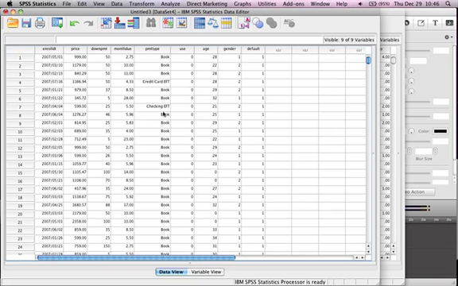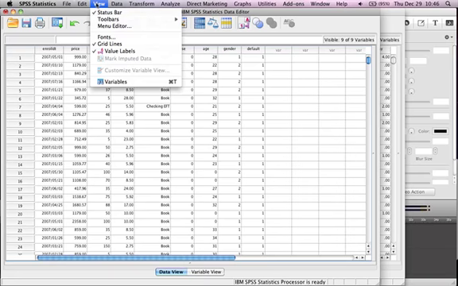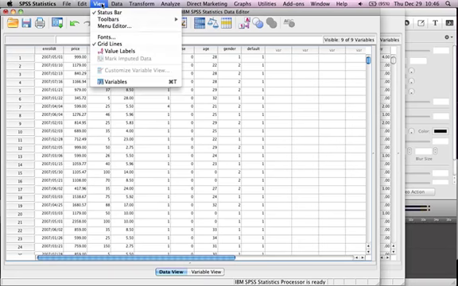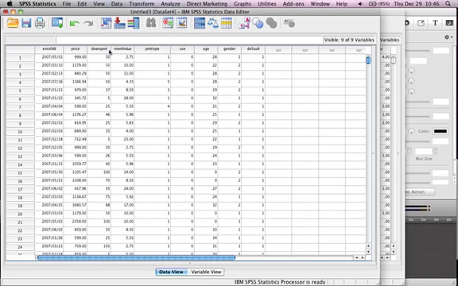If this is the first time that you've used SPSS, you might still be seeing numbers. If that's the case, go up to View and toggle the value labels option. So you'll see if I hit value labels, it goes back to numbers. So that means show me the raw data. And if I go back up to View, click on value labels, now it inserts those meaningful names that I